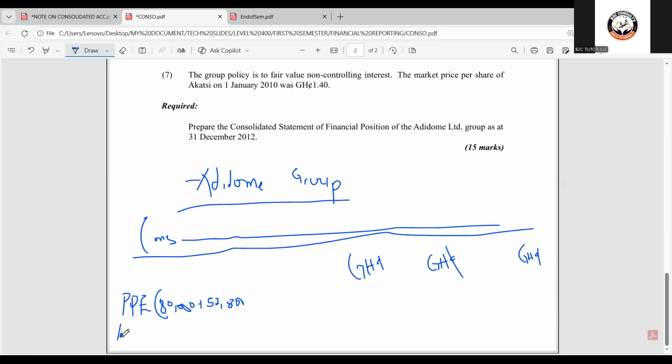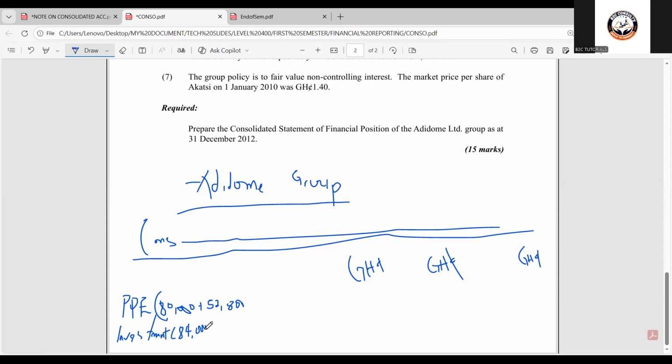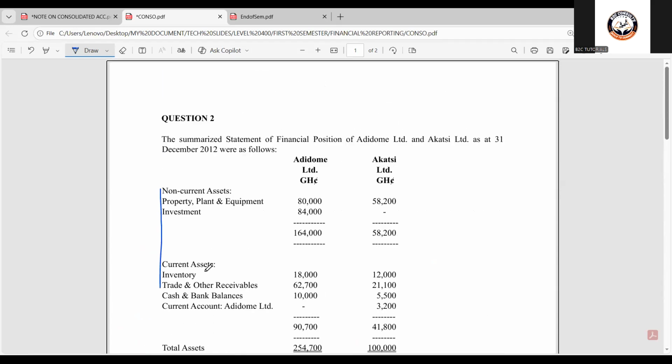So investment has just one item. So I pick investments. Then I write 84,000. Then I'll leave some space because after the investment, the next I see is total. But anticipate that there'll be two or more items that will come here. An example is the goodwill. It's a non-current asset, an intangible non-current asset that you cannot see or touch. So you can just leave three spaces, one for goodwill, one for another item, and the other for the total. So you leave the three spaces, then you go to the next line and write current